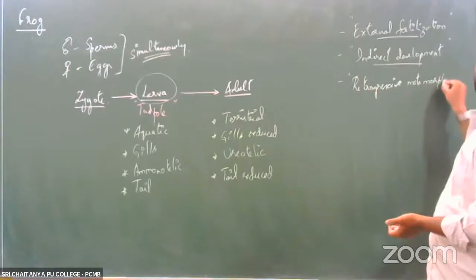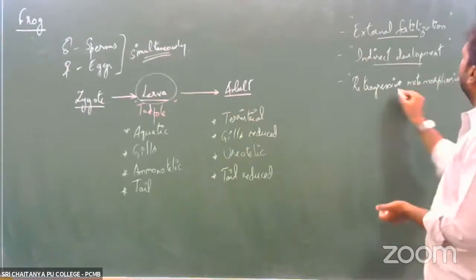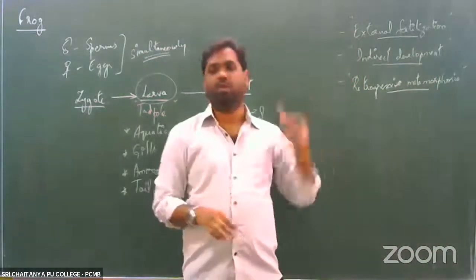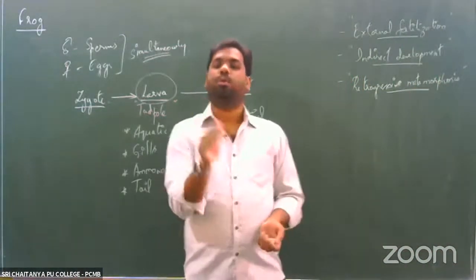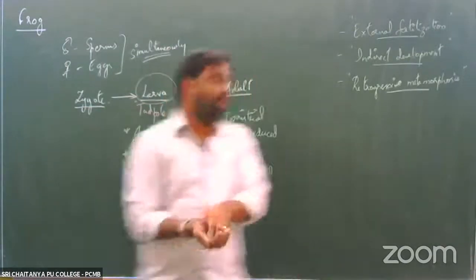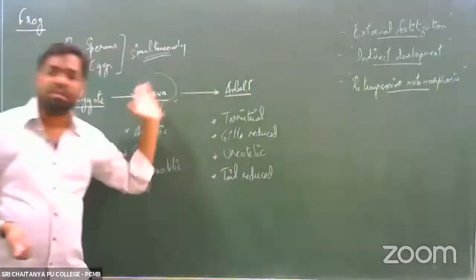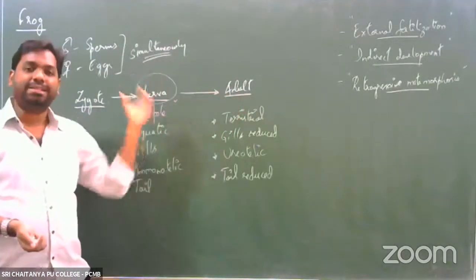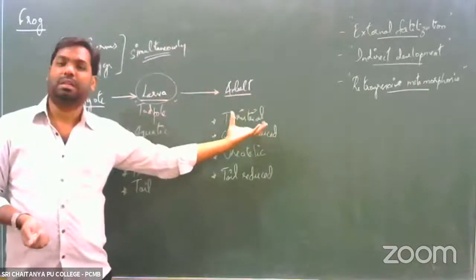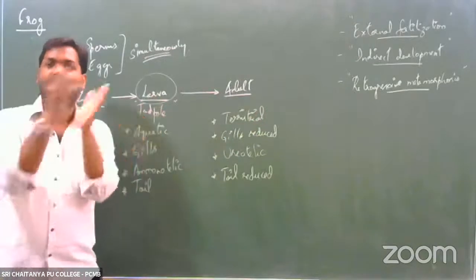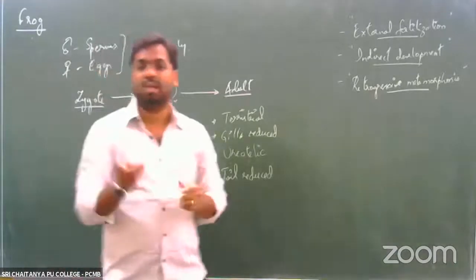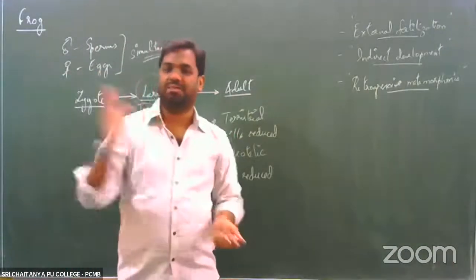So we usually have two types of metamorphosis. One we call progressive metamorphosis, and the other one is called retrogressive metamorphosis. What happens in progressive metamorphosis is there are gradual changes during the process of development. From the larva to the adult, gradually the changes would occur, right? Less advanced characters would be present in the larva and highly advanced characters would be present in the adult organism. So that would be the normal gradual changes. We would call such type of metamorphosis progressive metamorphosis, as we have seen in case of cockroaches.